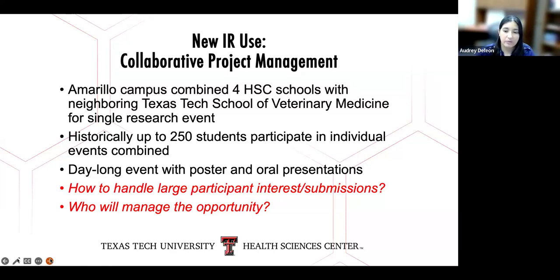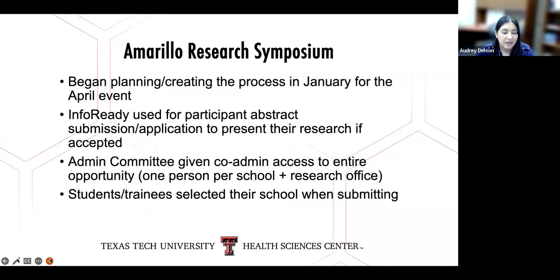InfoReady was also a great way that we could communicate with a large group of participants at one time. Next slide, please. So more about the symposium. In regards to InfoReady, we began planning and creating the opportunity process in January of this year, and the event was in mid-April. So our admin committee got together, we determined a timeline and the steps that we would need